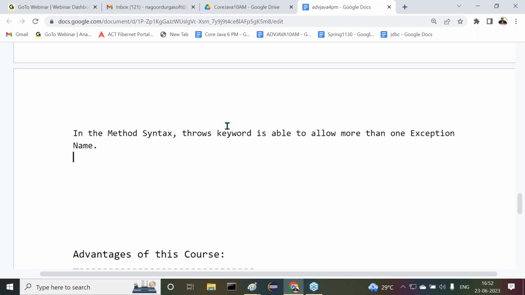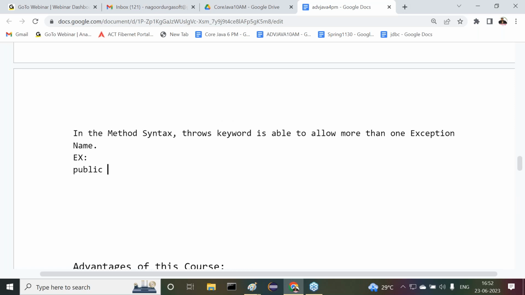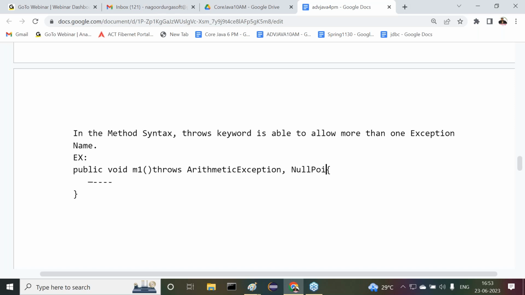So I'm giving an example code here, understand this clearly. Public void m1 method, for example, where I am going to provide some implementation. Here itself we can take the throws keyword, and there we can specify, for example, ArithmeticException. Apart from this ArithmeticException, next one I have taken here is NullPointerException. Yes, of course we can take it.